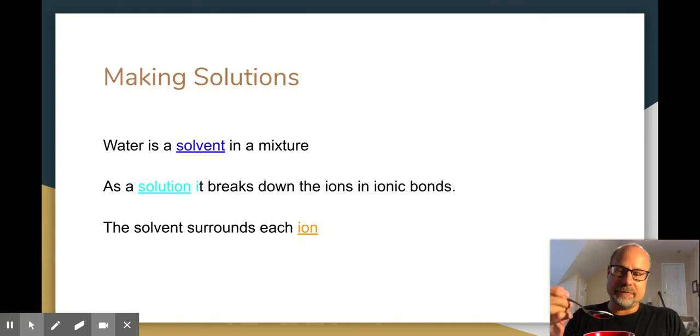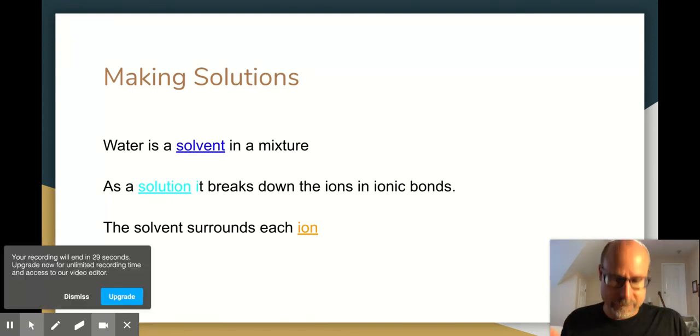And I'm going to put the solute in the solvent and stir it up. Now when I stir it up, there ain't no more sugar. The sugar's gone from inside. I can't see it anywhere, but it tastes sweeter. The coffee is the solvent. The sugar is the solute. The sugar in the coffee is a solution that now has me having sweet